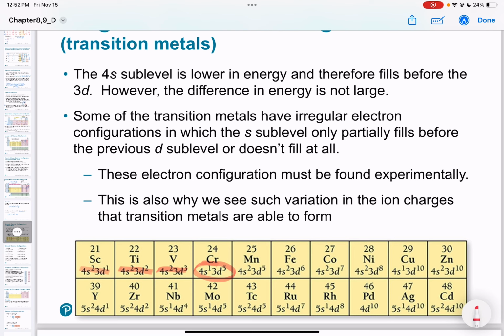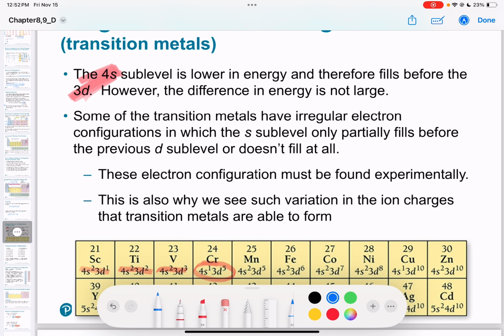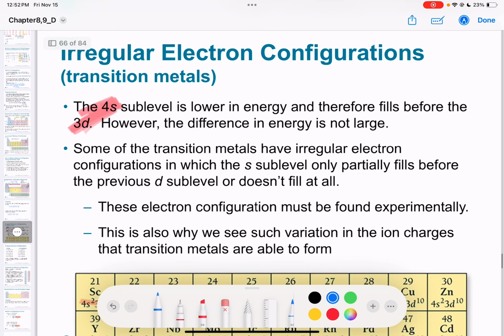Chromium is weird, okay? And this, again, is because the 4s and the 3d, we say that the 4s is lower in energy, and it usually is. But the real thing is that they are just so close in energy that sometimes they do funky stuff. So like with chromium, okay, I'm just drawing